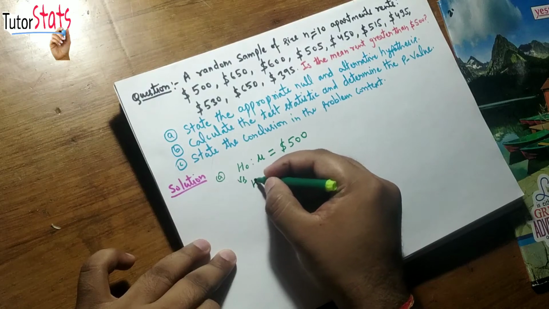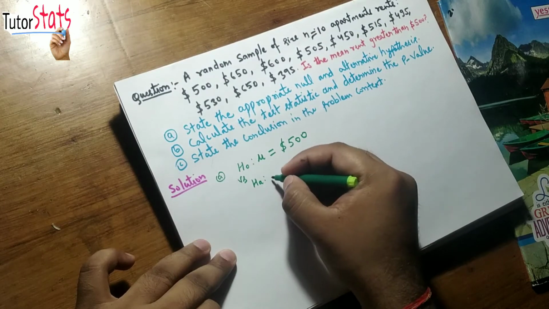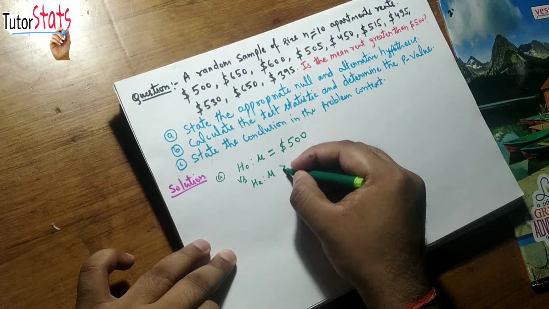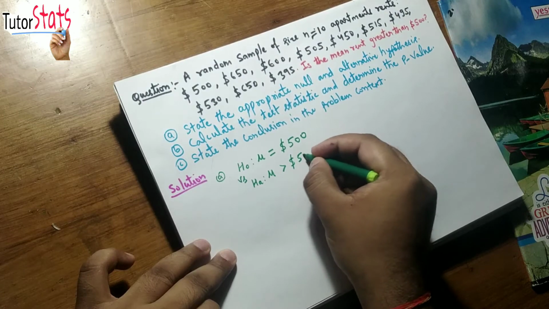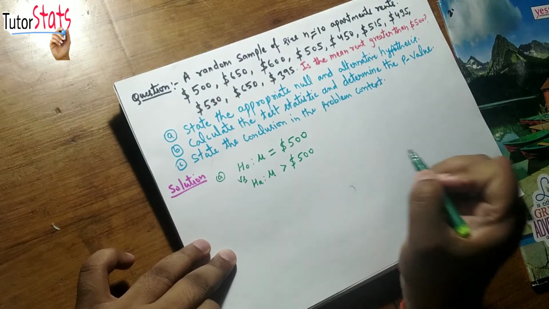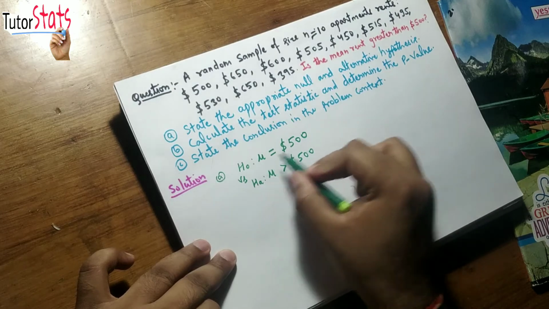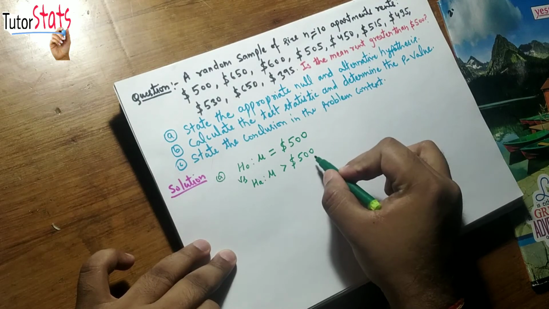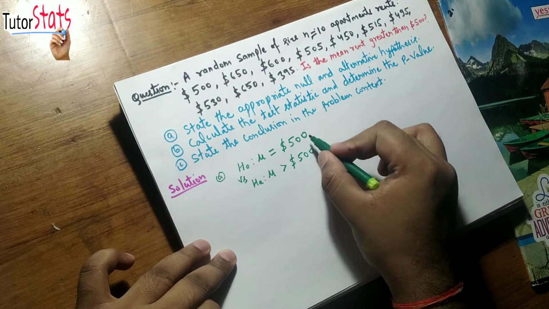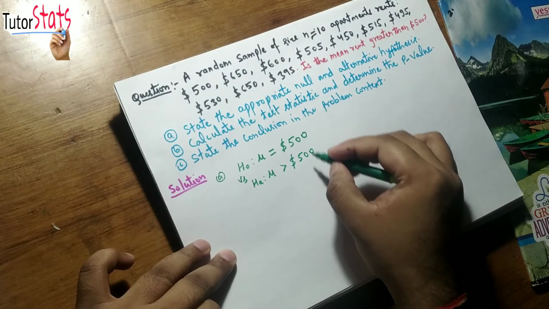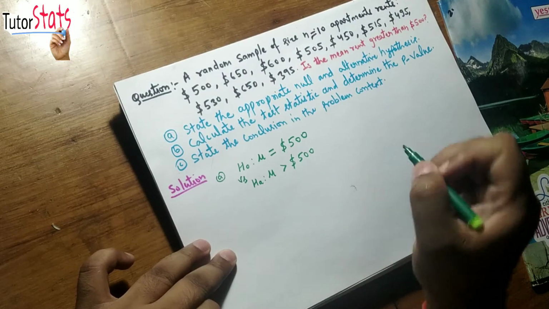And the alternative hypothesis is mu is greater than $500. These are the statements for the null and alternative hypothesis, and both these statements are mutually exclusive,